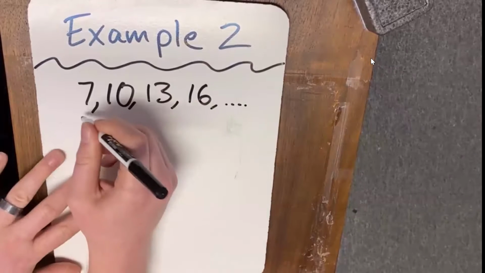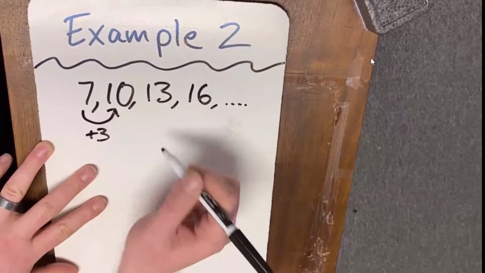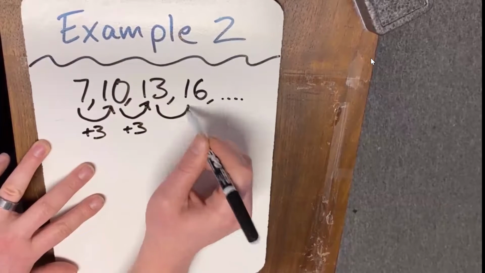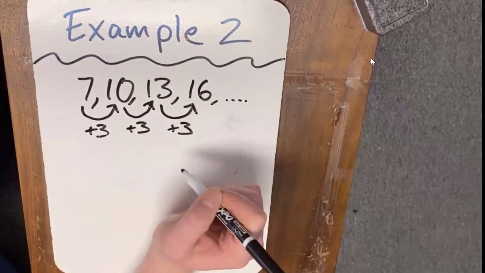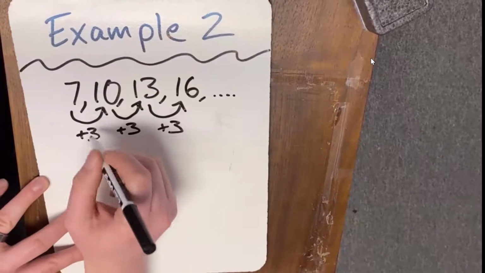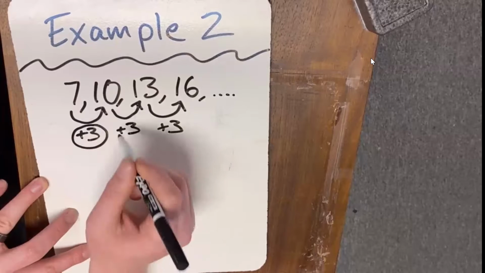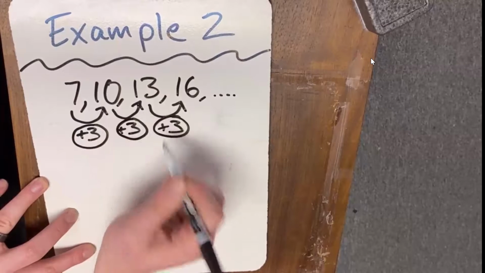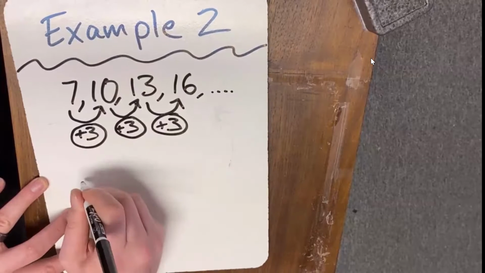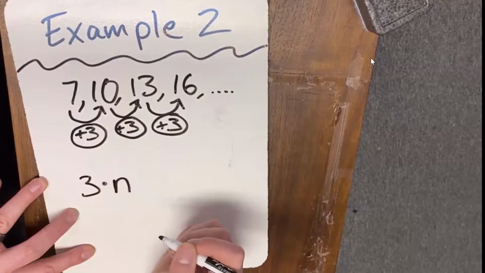So as we can see, as I go from 7 to 10, the only way I can get there is by adding 3. From 10 to 13, I'm adding by 3. 13 to 16, guess what? I'm also adding by 3. All right, so how am I going to write out my equation? Well, I know that 3 is the number that I am increasing by. So that means I need to say 3 times n